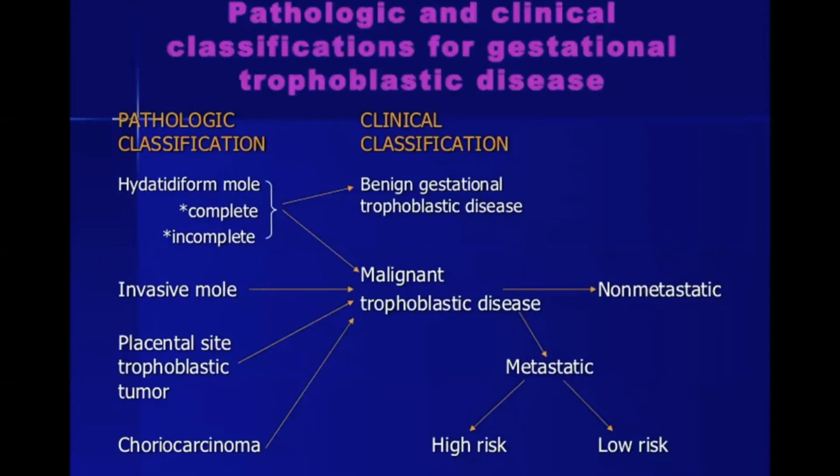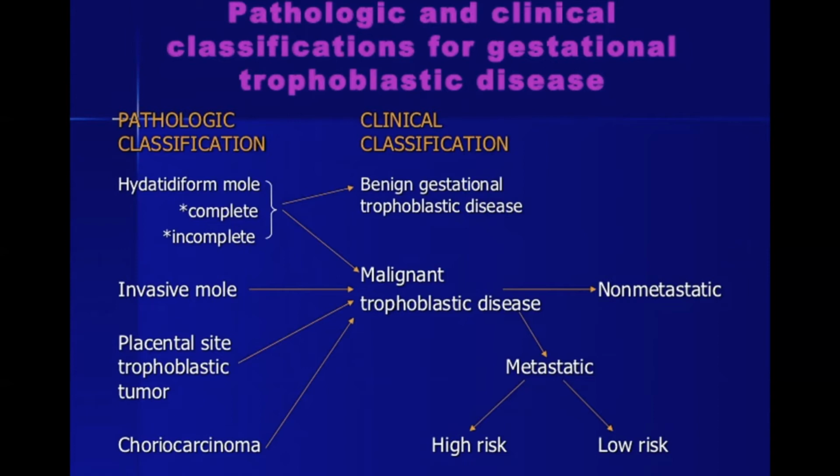Pathologic and clinical significance: we divide them into benign and malignant trophoblastic disease. Benign gestational trophoblastic disease is characterized histologically by cystic swelling of chorionic villi, accompanied by a variable amount of trophoblastic proliferation. It has an increased risk of invasive mole and choriocarcinoma,